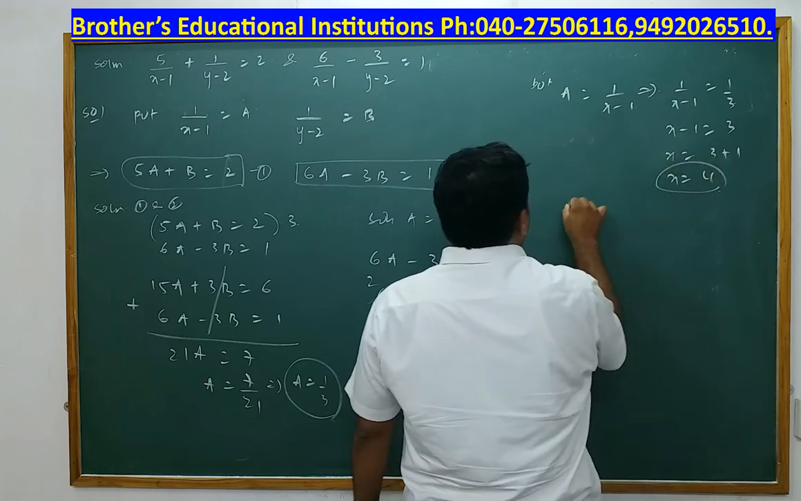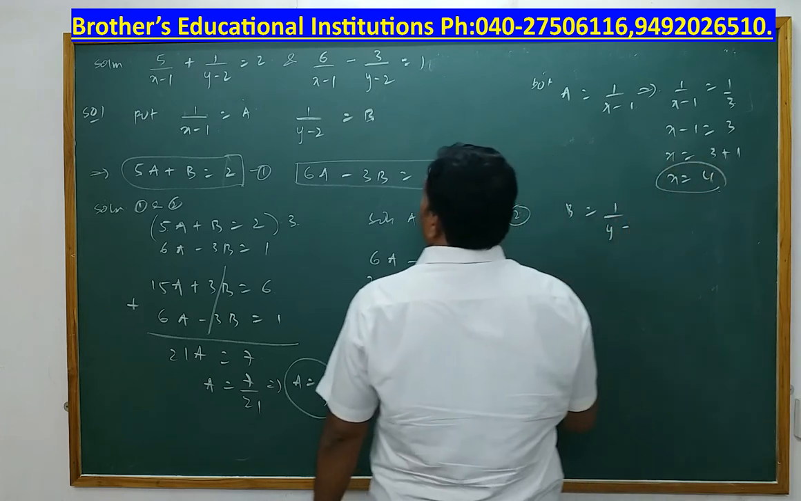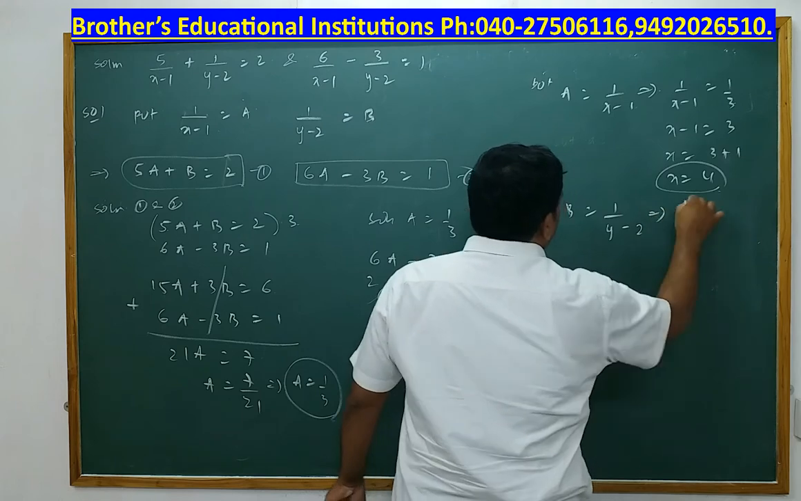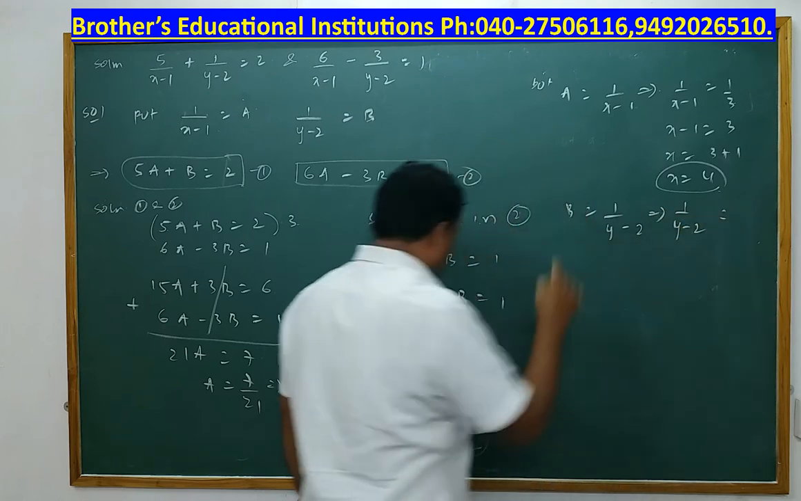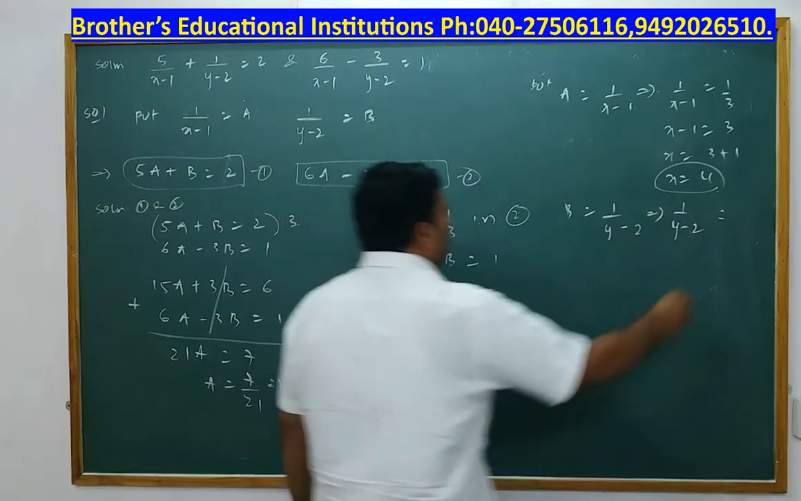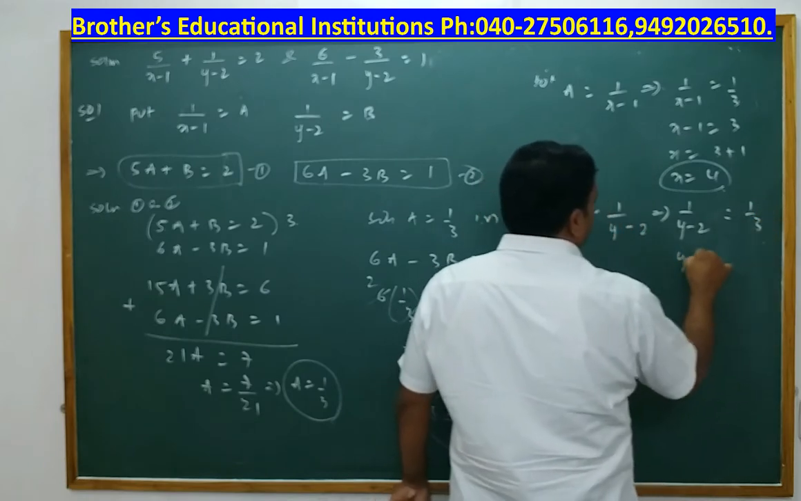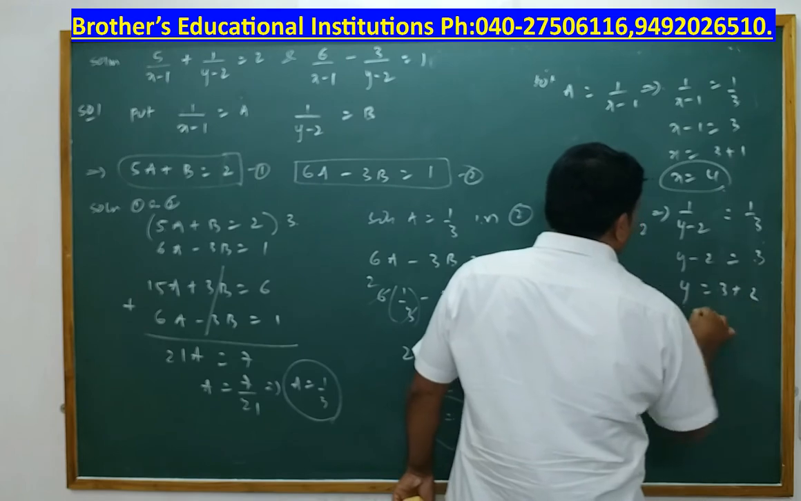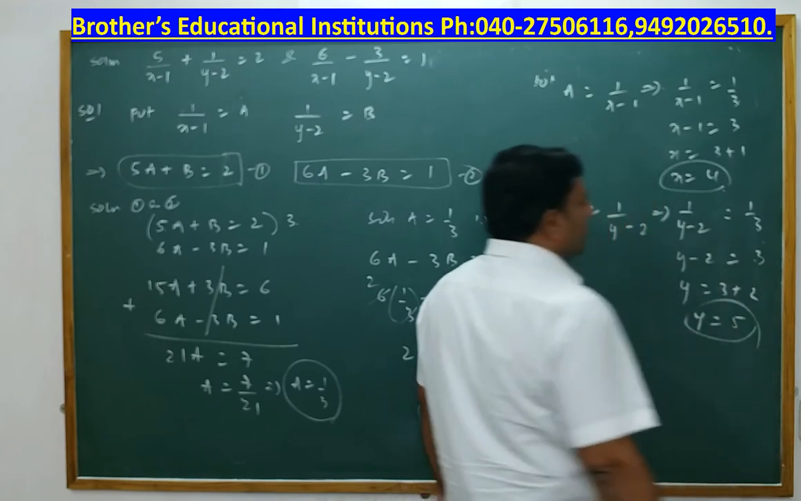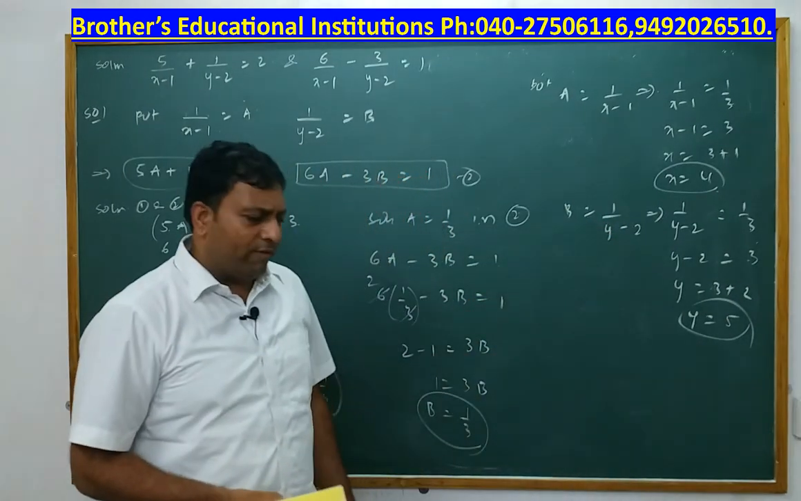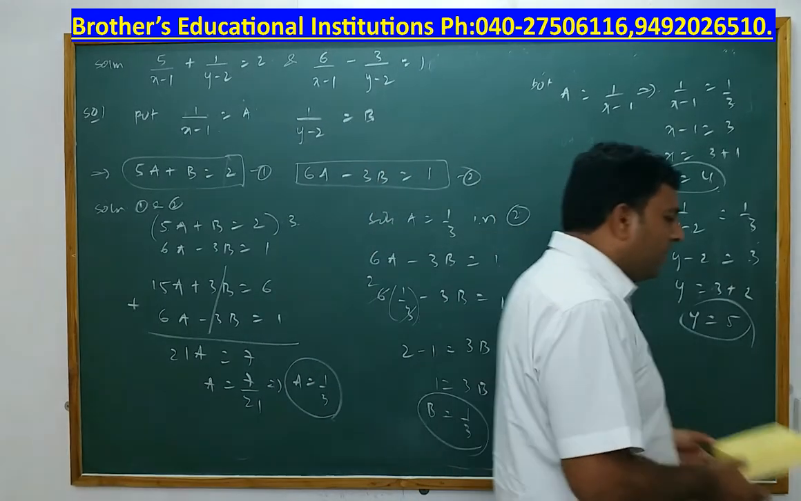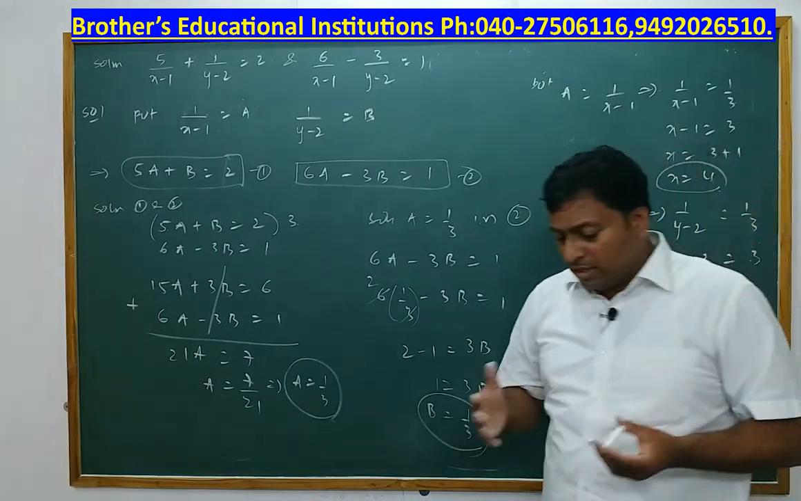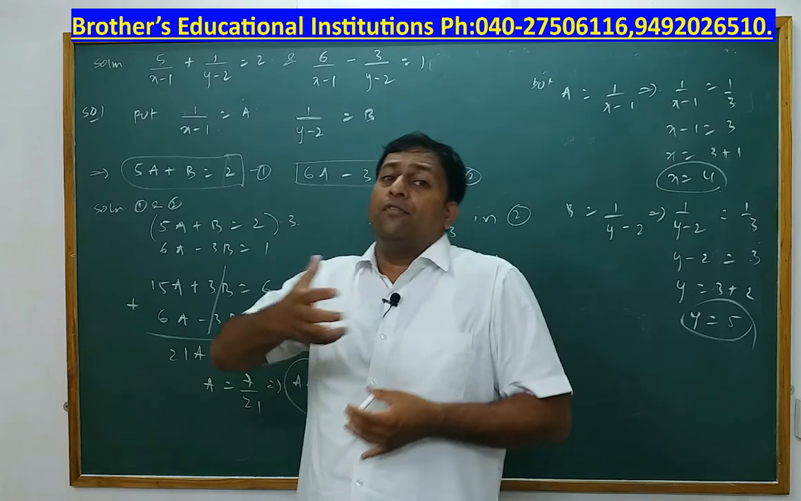That's it. Now I have b is equal to 1 by y minus 2. This implies 1 by y minus 2 is equal to b. What is the value of b you got? 1 by 3. So reverse, y minus 2 is equal to 3. The minus 2 will go that side. 3 plus 2. y is equal to 5. So you got the value of x and you got the value of y. So this was another best example where a pair of equations was getting converted into a pair of linear equations